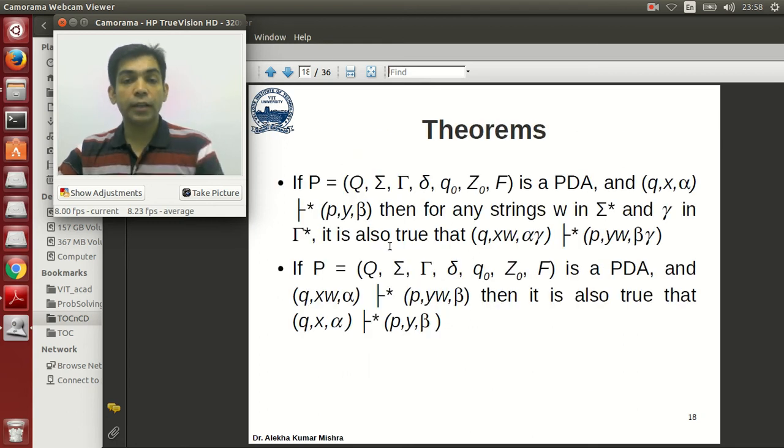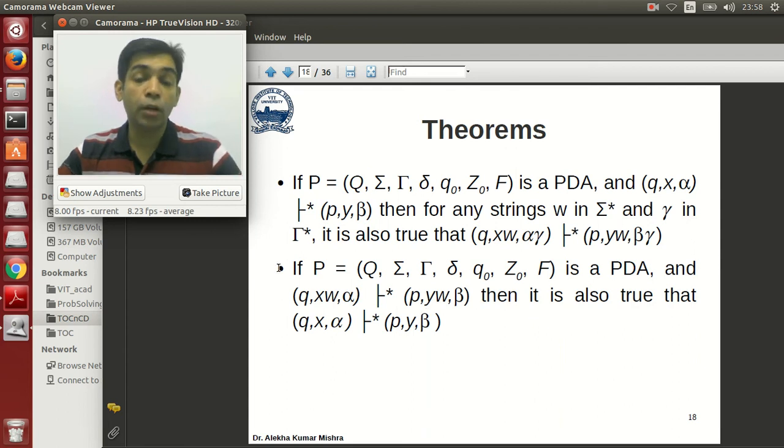So let us look at these two theorems, which are very important to describe the nature of the transitional move, what the valid moves are. So if P is a PDA and there is a multiple move, we can say a 0 or more move from this instant to this instant, indicating that we can reach from state Q to state P,